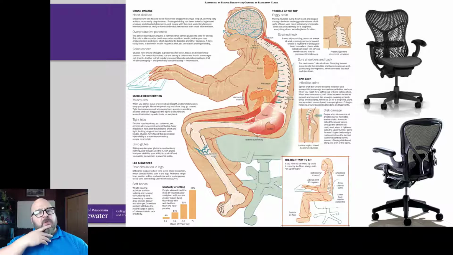There have been studies, not recent ones, a little bit older now, about how unhealthy it is to be sitting all day. As humans, we weren't designed to be sitting in a chair all day, even if it's adjusted properly. But adjusting it properly is at least going to do something. And indeed,